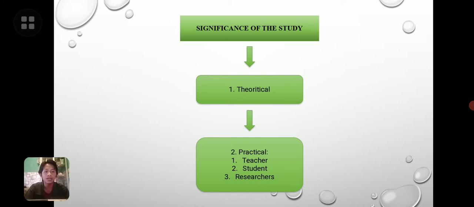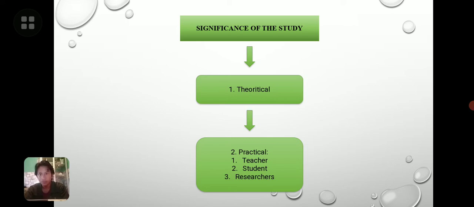The practical has three kinds. The first is teacher. Teacher as educator can relate things that are happening around. The second is student.